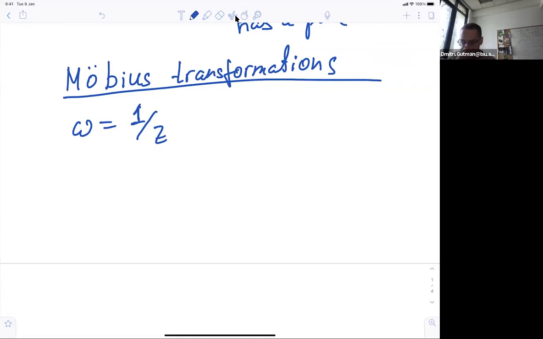Okay, and one of the properties of Möbius transformations, I announce this property in general, and we will see it through this particular example, is that a Möbius transformation maps circles and lines on the plane locally